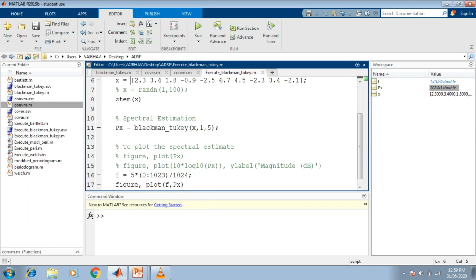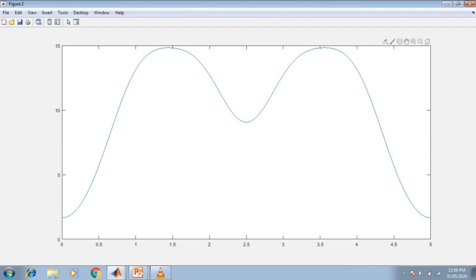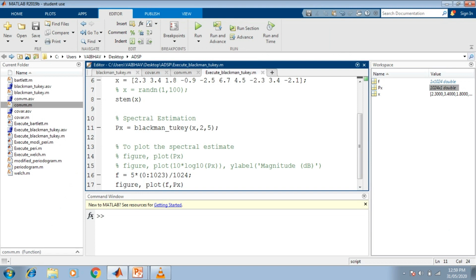Now, as we have used the rectangular type of window, if we opt for the second type, we save this change and run this program. Now we can see the nature of the spectral estimate has changed compared to the earlier one. This way we can opt for various windows to be operated over the signal.